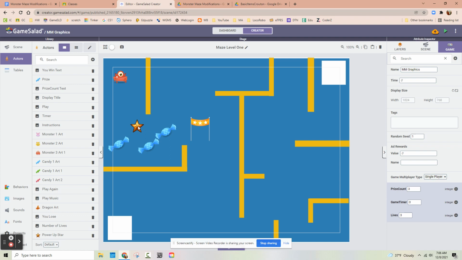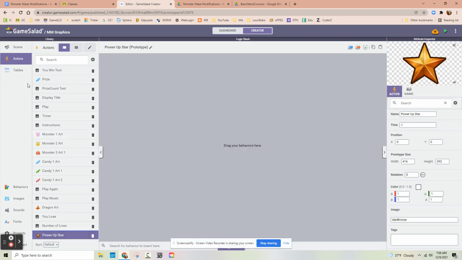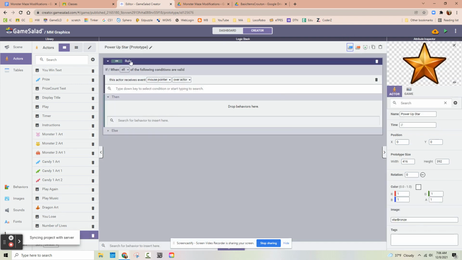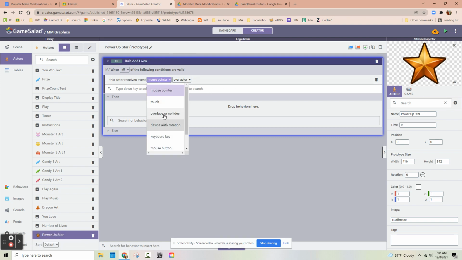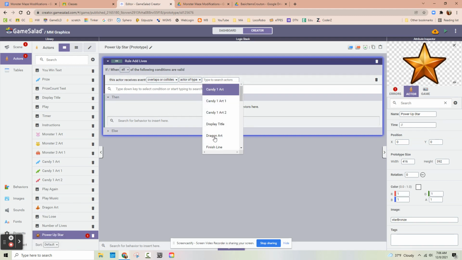It's just something I downloaded from that images folder I shared with you guys in Google Classroom. And I just called this the Power Up star. So I'm just going to add a piece of code to my Power Up star. So I'm going to bring out a rule, and I'm going to call this rule add lives. And when this star overlaps or collides with the monster,